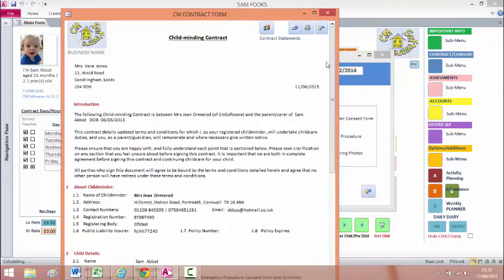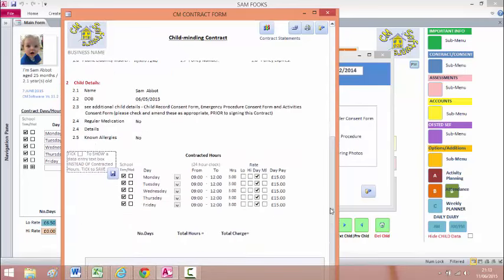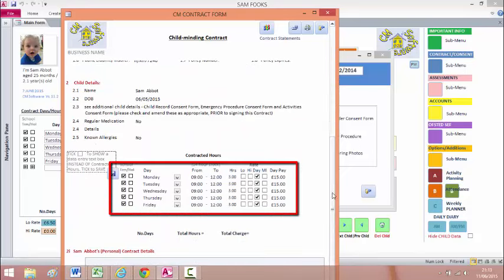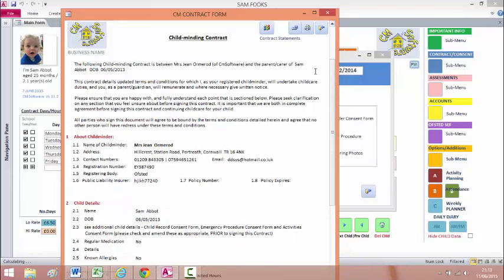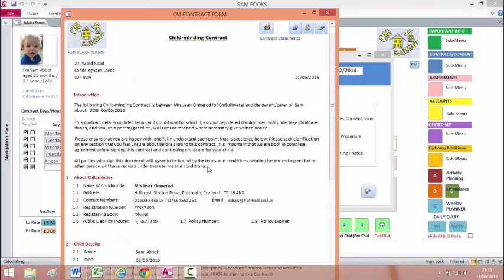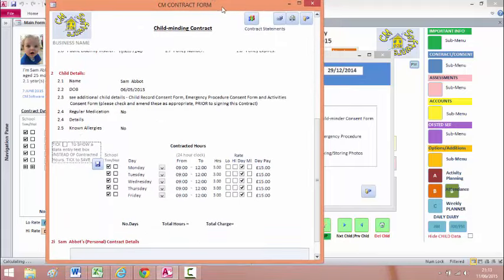there we go. So you can see that just like the other one, it's got your logo and your business name. The child parent is automatically come over. Your proprietor's information is already in there. Same as the contracted hours from the main form. So all of this information is the information that you put in the main form, as well as the introduction to you. Now the rest of the body of the contract